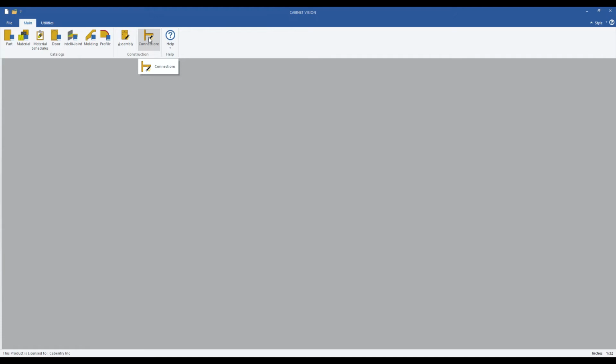So the connection manager is new in version 12, and this really gives you a lot more freedom to be able to edit for your different dados and connectors and, you know, the different types of ways you join parts together. So I'm going to go to connections,